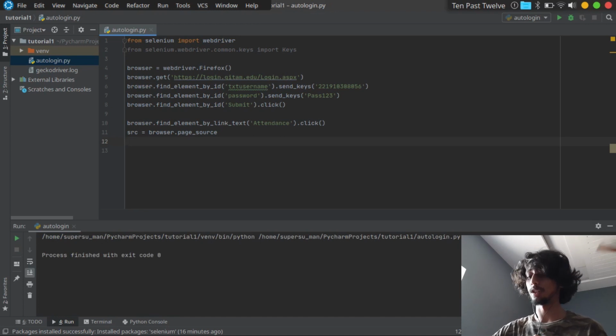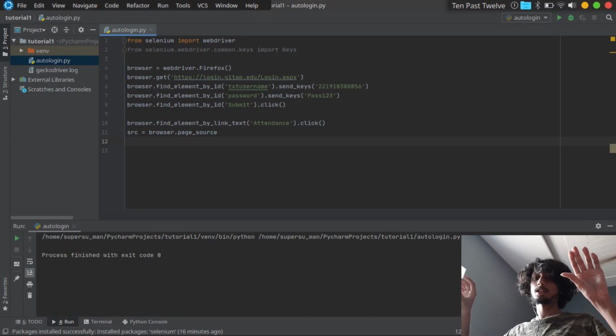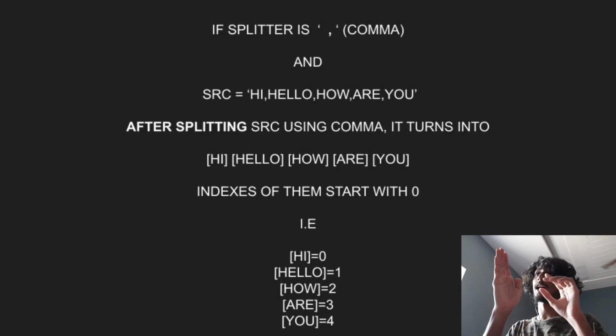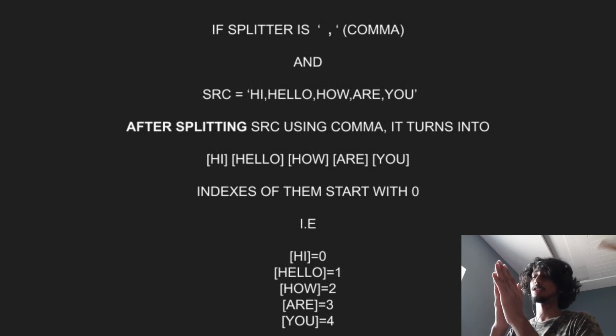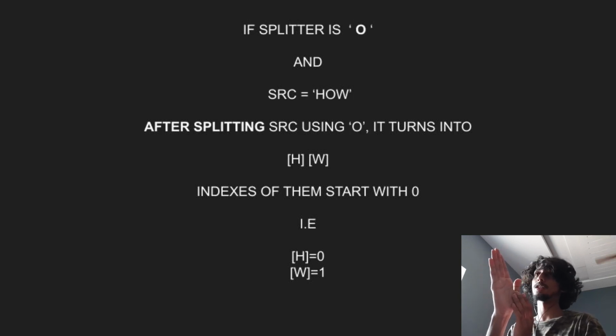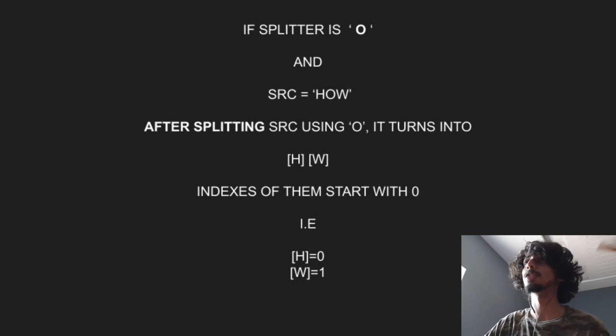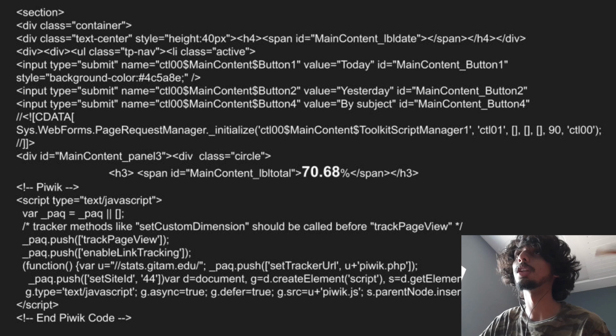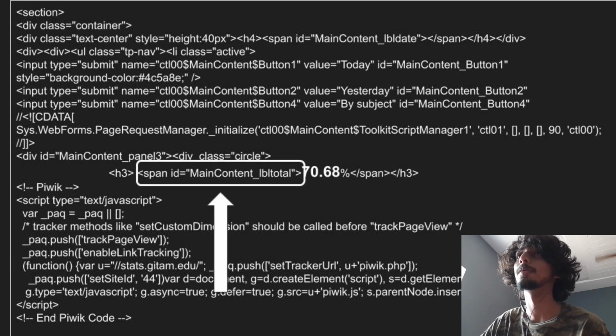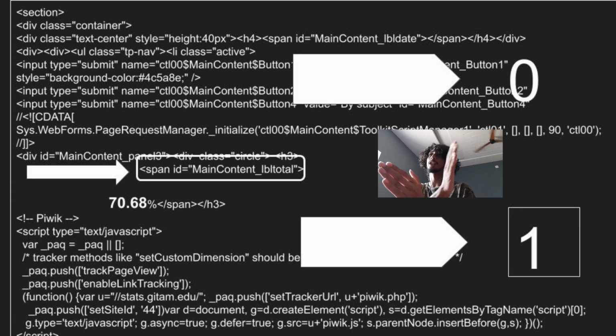So first, you need a splitter. In a particular text, if you use a character as a splitter, that character is going to split the entire code into parts. If there is only one splitter in the whole text, it's going to divide it into two. So I should find that kind of text in the source code to split it into just two parts. Let me go to the source code. How about using this text right here? Before this splitter, the entire source code becomes position 0, and the entire source code after this splitter becomes 1. Why is it split into 2? Because there is only one splitter in this whole web page.